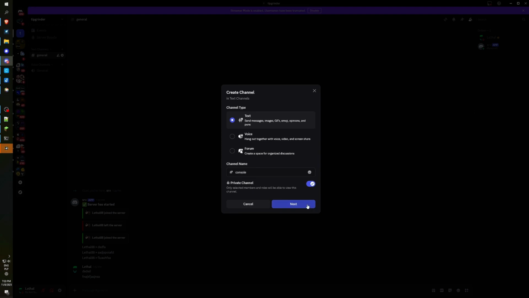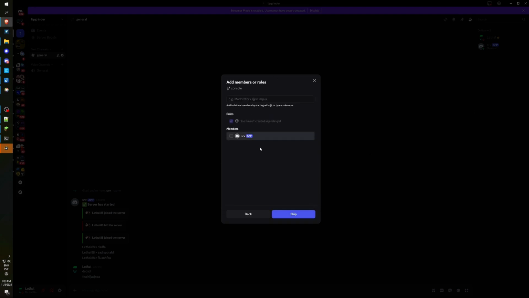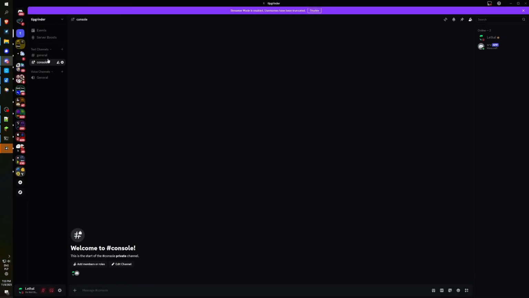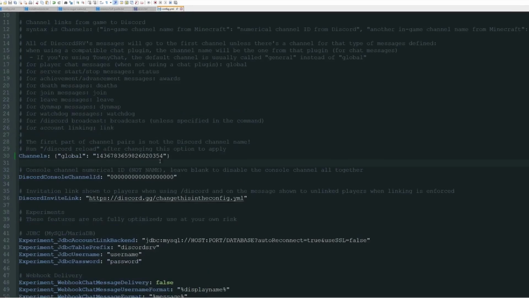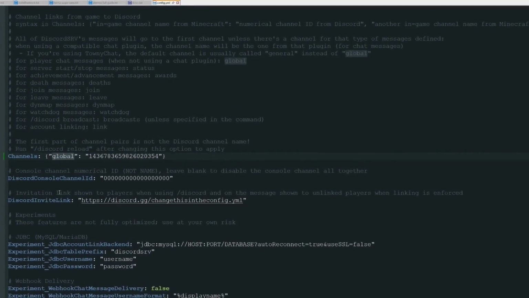So I proceed by clicking next, where we have the option to add members. Let's include a bot as well, and then proceed by clicking on Create Channel. At this point, I right-click once more in this location and copy the ID of this particular channel. We then return to the configuration file we were previously working on, where we had established a connection with